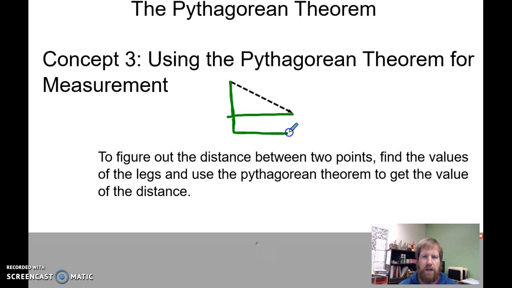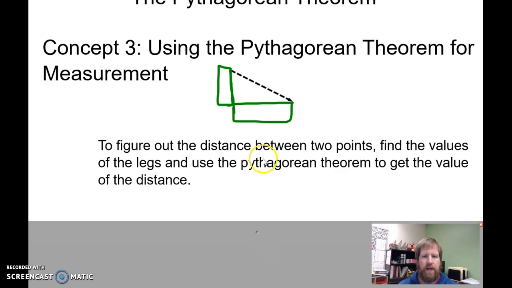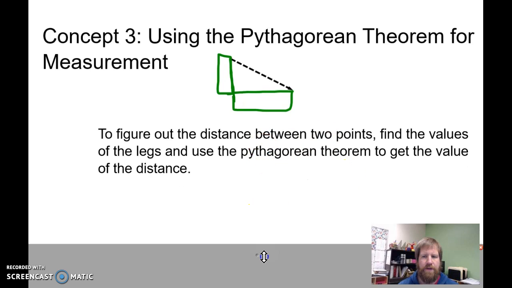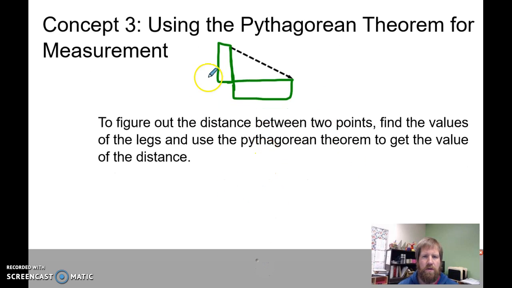If these are two city blocks, it's easy to run a measurement down the street here and down the street here to figure out these distances so we can find our hypotenuse, or the distance we need to measure. Okay, so we're still going to be using the Pythagorean theorem, but now we're going to have to find out what these measurements are. Okay, so if I measure this and I get that it is, say, 4